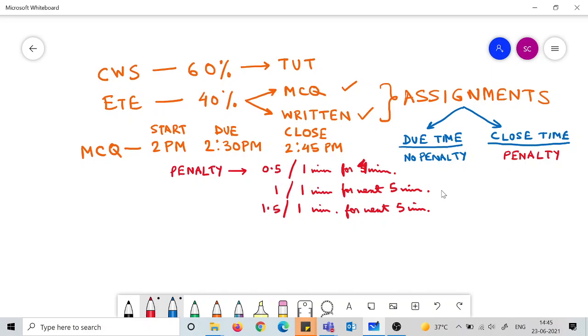So you upload in your own time, but please take into account that the penalty will also be levied because of that, and we will not be listening to any excuses of not being able to upload or submit because of internet issues or anything. So if you are facing genuine internet issues, what should you do?